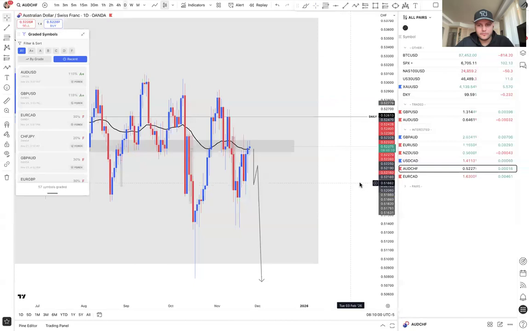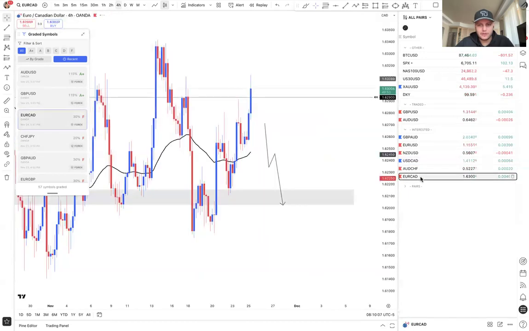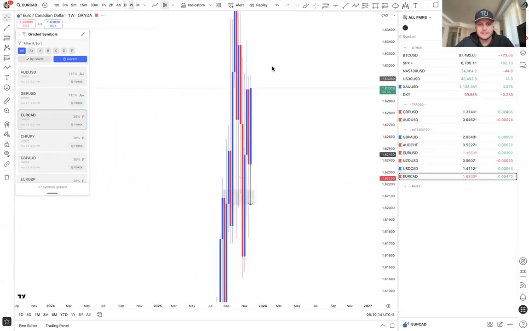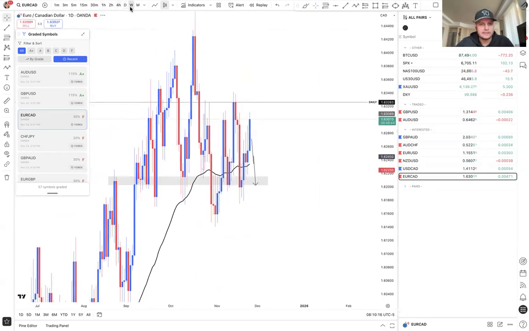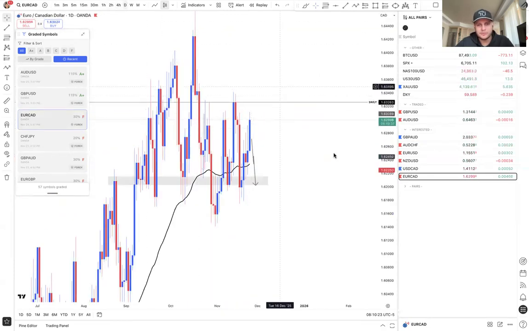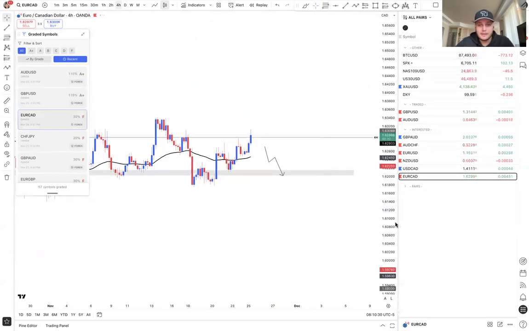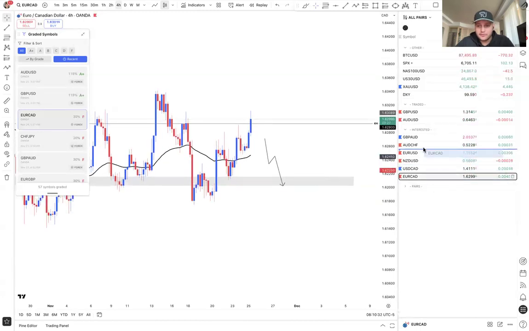AUD CHF, break and retest underneath the 4-hour EMA. So this one would go to the top. EuroCAD. Why did that not work? Okay, EuroCAD, same thing. We have 2 time frames in sync that are bearish, daily and weekly. So yeah, just a break and retest underneath. And if the daily time frame goes bullish, at that point we'll switch our bias to buys. But for this one, it would also be a break and retest underneath the 4-hour EMA.